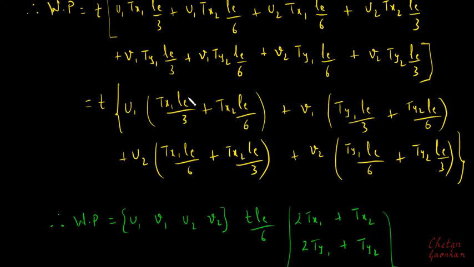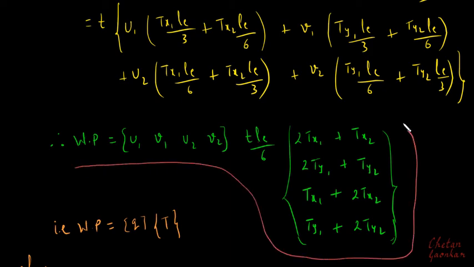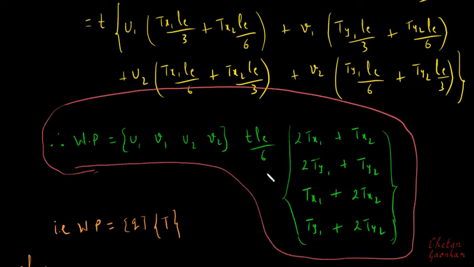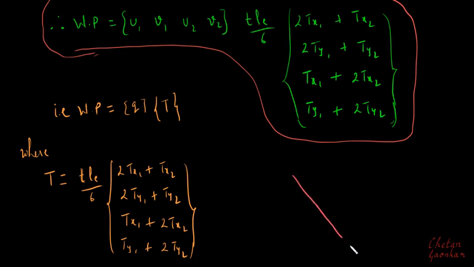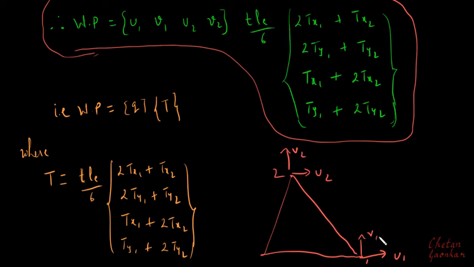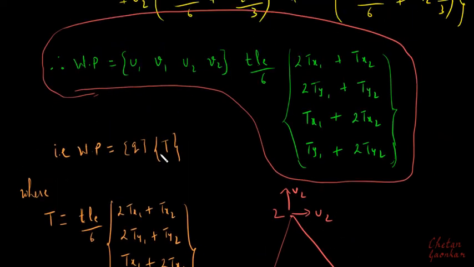So basically I have brought out le by 6 from these terms as common, and further I will get this as my work potential term, a very important result. So these are nothing but my field variables at node 1 and 2. If you remember, this was our element, this was our node 1 and 2. So this is my u1, this is my v1, this is my u2, this is my v2. And if I multiply the corresponding displacement along with these forces, these are the traction terms which I have to multiply with each of these nodal displacements in order to find work potential.